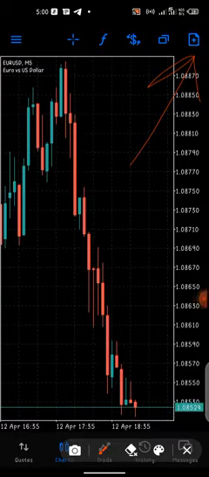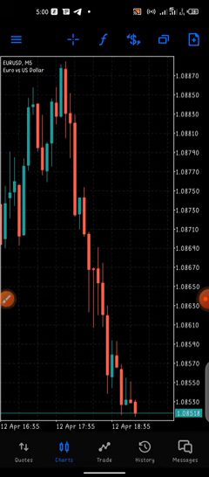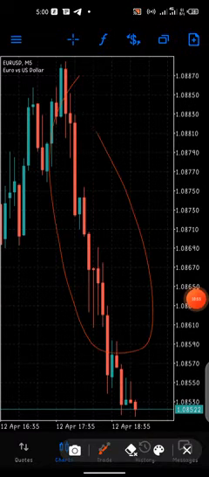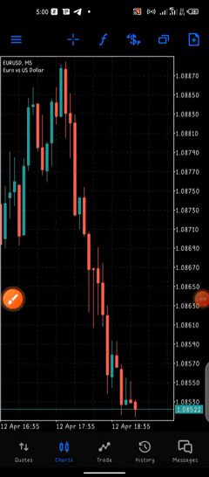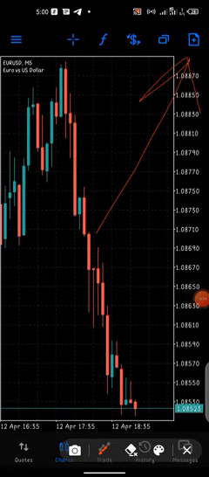So now, after doing my analysis on this pair, I found out that this is a bearish movement. This market is going down, going down, going down. So I decided that I want to join the sell, because this is a huge sell. Okay, let me join the sell. I'll click on this button. This is our execution button. I'll click on this button, then